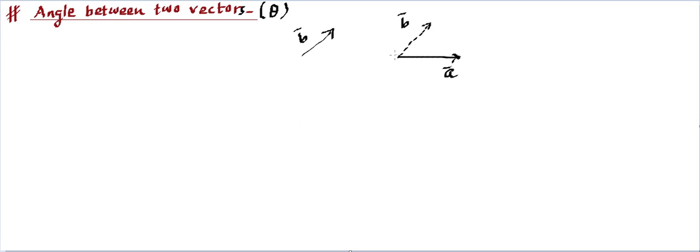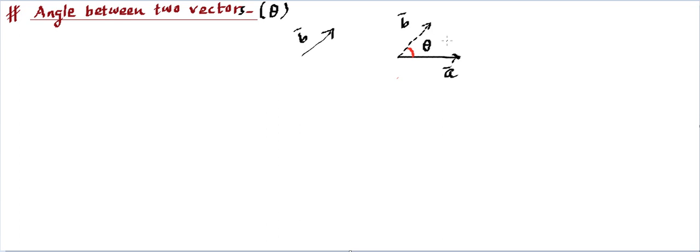Now once the two tails are joined, from this tail point you will find that two vectors are moving outwards. So here you can see two angles are being formed. One angle is this, another angle is this. So whenever two lines are joined, two angles will be formed. We will opt for the smaller angle between these two cases. So a smaller angle has to be opted for. So this angle will be known as angle theta. It's simple, but it's important. So how to get the angle between two vectors? You just join the tails and see what the angle between these two is, and look for the smaller one.